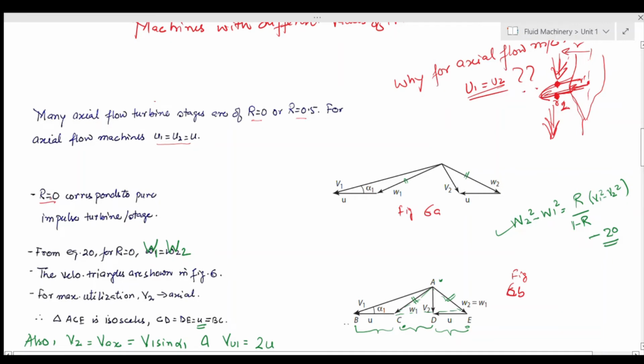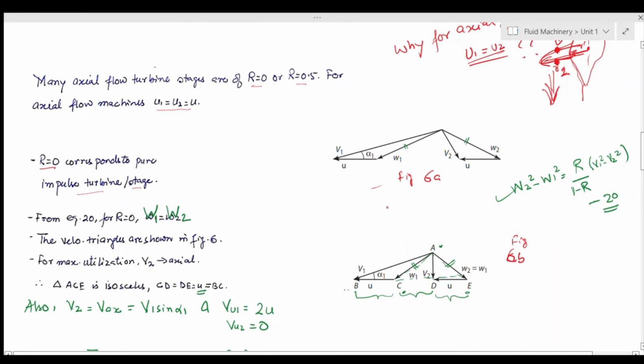फर्स्ट केस को देखते हैं जहां पे degree of reaction is 0, R equal to 0, and this corresponds to pure impulse turbine और stage। यहाँ पे हम टरबाइन और स्टेज की बात कर रहे हैं, वो इसलिए कि कुछ टरबाइन में मल्टीपल स्टेजेस भी हो सकती हैं, और एक ही टरबाइन के अंदर में एक ही शाफ्ट के ऊपर में मल्टीपल स्टेजेस इस तरीके से लगी भी हो सकती हैं कि स्टार्टिंग की स्टेज डिफरेंट हो विद डिफरेंट R, और बाद में स्टेजेस में R की वैल्यू डिफरेंट हो। For R equal to 0 the corresponding diagrams are shown in figure 6a and 6b।